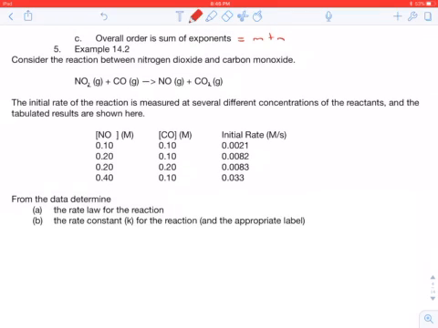Okay, so let's figure out how to do this. Example 14.2 says, consider the reaction between nitrogen dioxide and carbon monoxide as written below. The initial rate of the reaction is measured at several different concentrations of the reaction